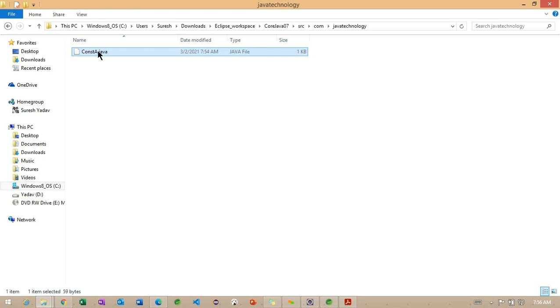And here, package is the first statement of any class. So we need to specify the package information as the first executable statement. And later, we are going to create the import also. We'll see the import information in tomorrow's class, how exactly the import is going to work here.